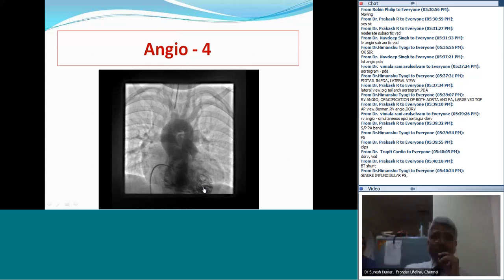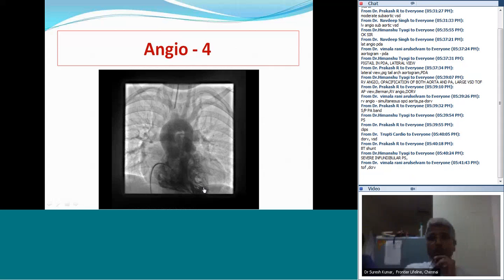So some series have reported 70 to 80% congenital heart defect in patients with DiGeorge. But because the features can be subtle, sometimes patients don't get picked up into adulthood. So maybe only the patients with congenital heart disease get picked up early because of the cardiac symptoms. So yes, we expect that the incidence is actually less than 70 to 80%. So maybe around 40 to 50% is not an unrealistic